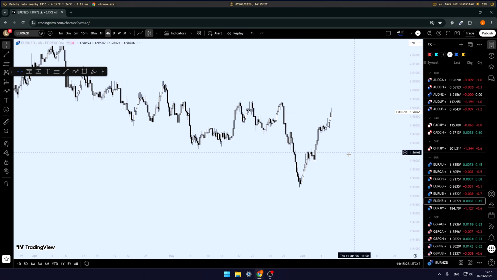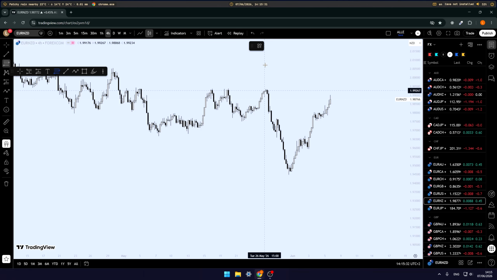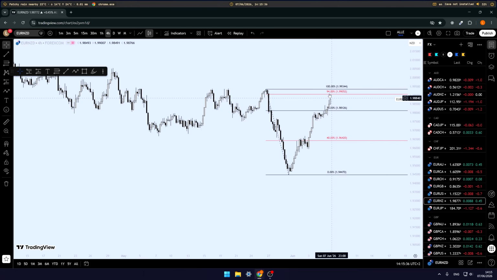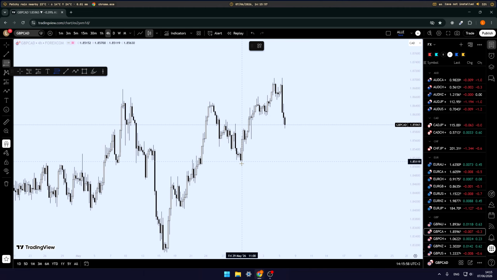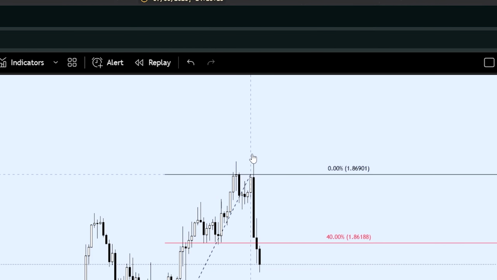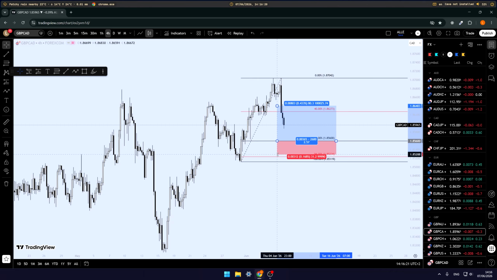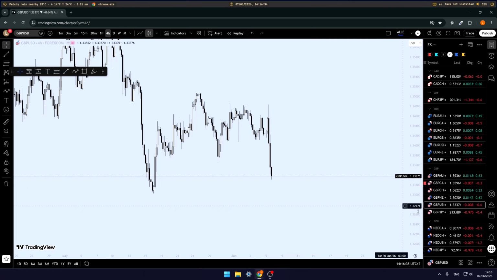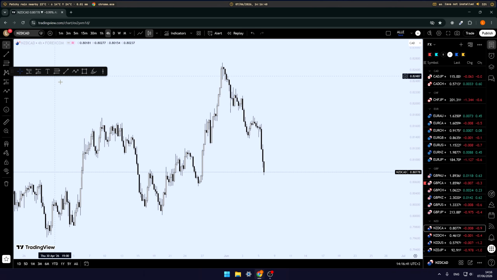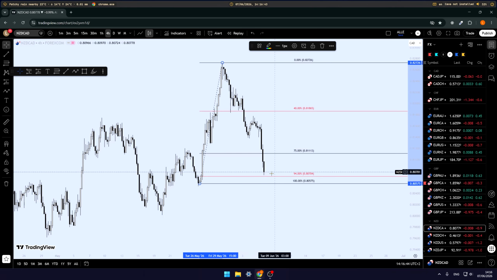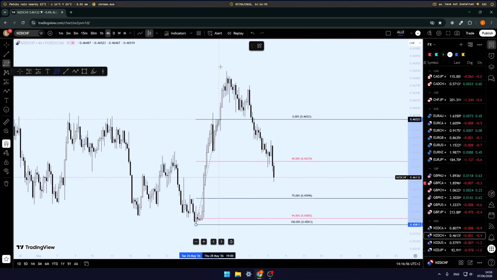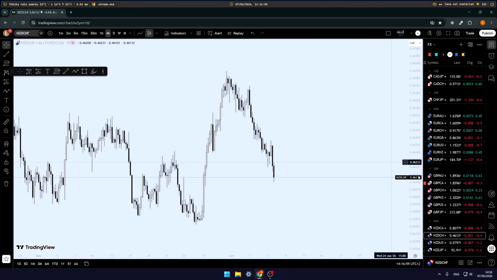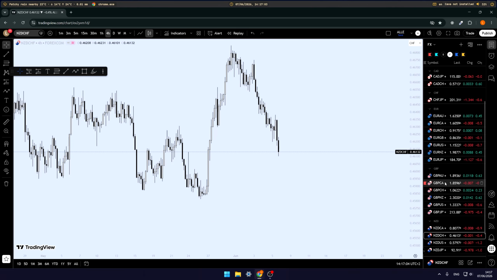Okay, so this is a pattern, but I think it's a little bit too wide, and it also reached our stop loss point, so nothing. Okay, this is a setup, and like this, maybe more like this. I will wait to this level, and we will see how it goes. So tomorrow I will take this trade. Okay, so this is another setup, but it's too broad and it already got to the stop level, so nothing. This is a setup, yes, but it's too broad anyways, so I will not take this. It's like a 10 days range, so I don't care.